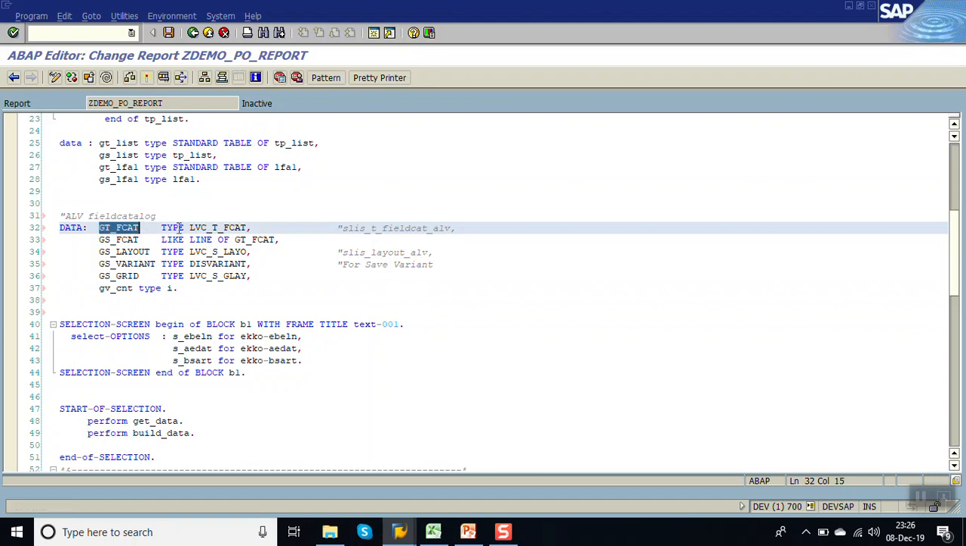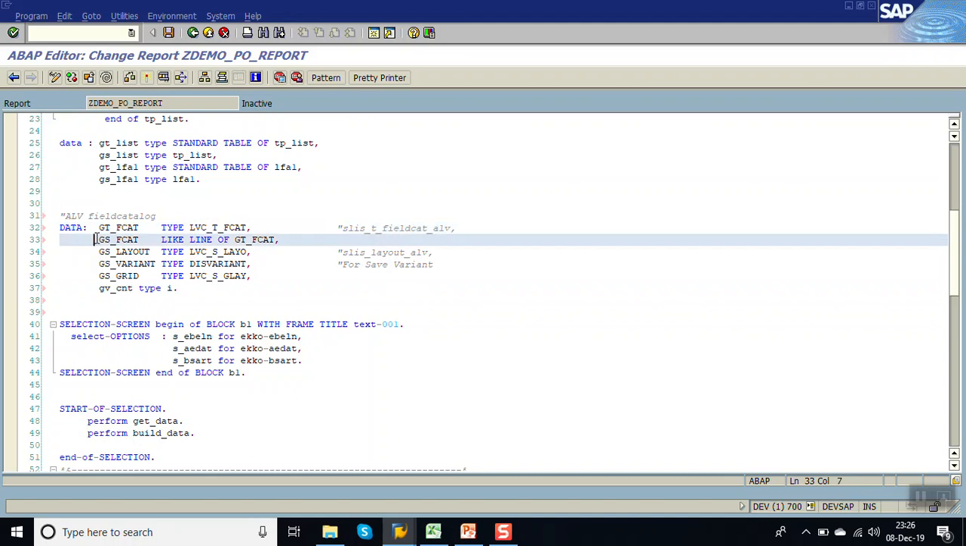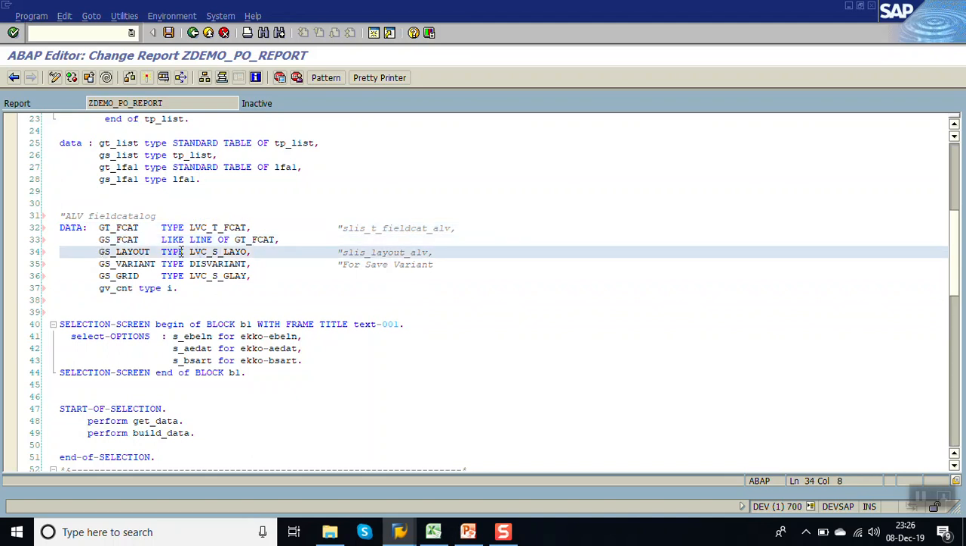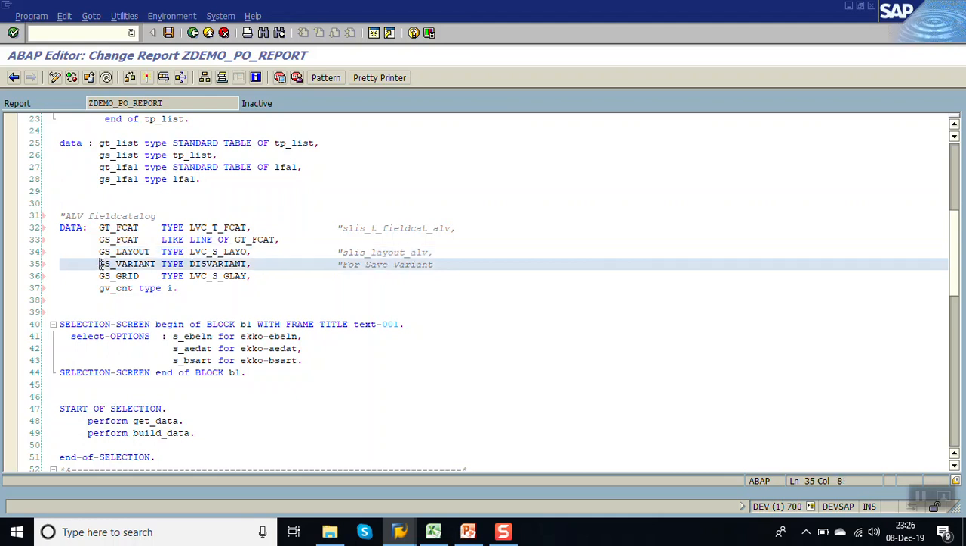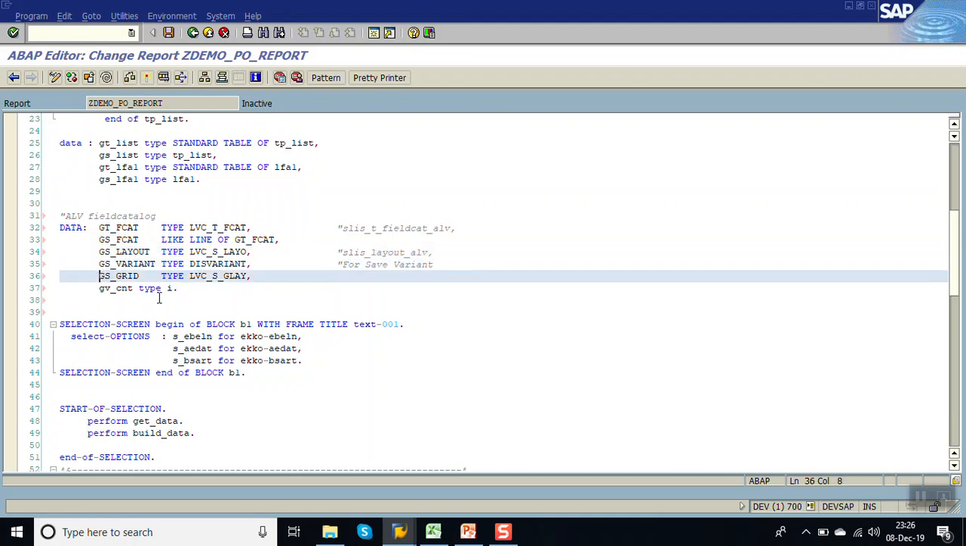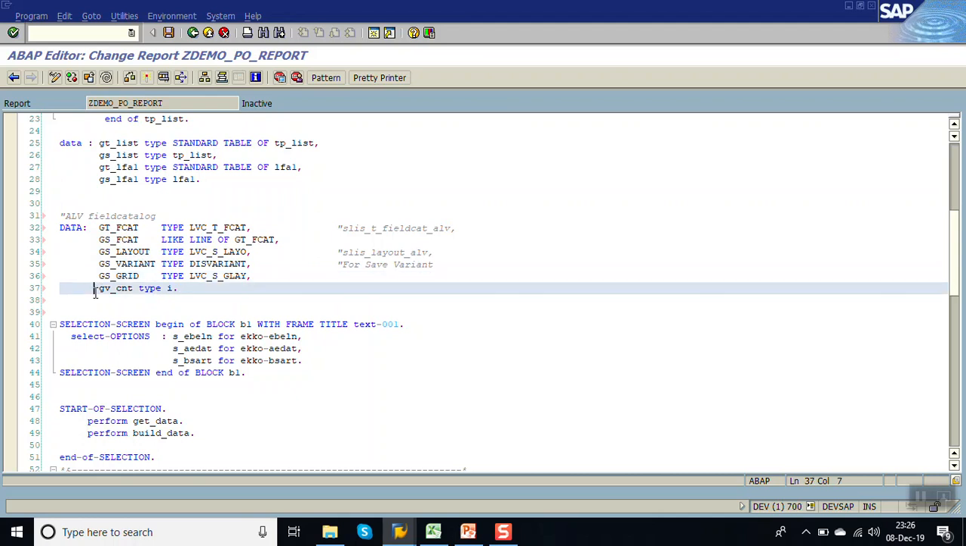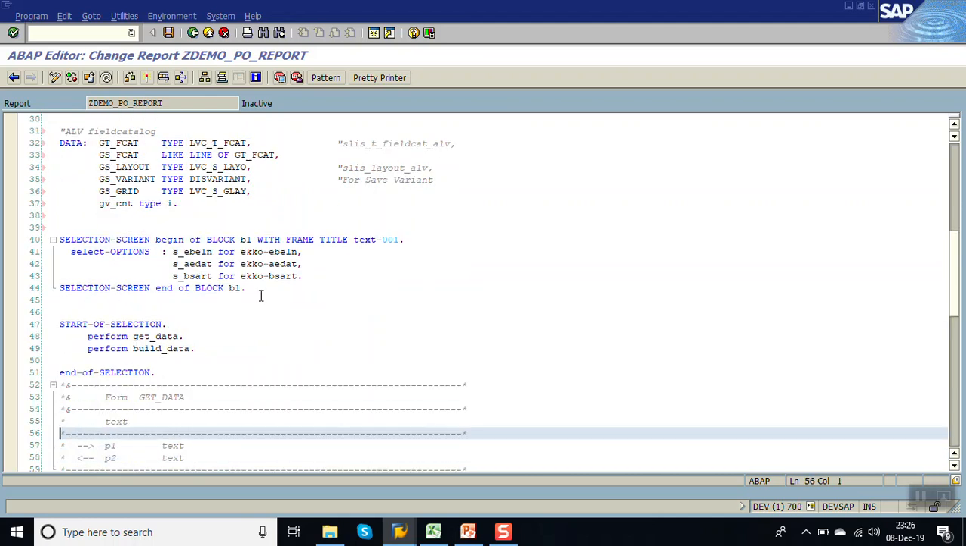Declare one field catalog table of type LVC_T_FCAT, one work area, and declare one layout GS_LAYOUT of type LVC_S_LAYOUT. Declare one variant. This is not required, but just declare, and take our count field. Okay, now what we'll do,